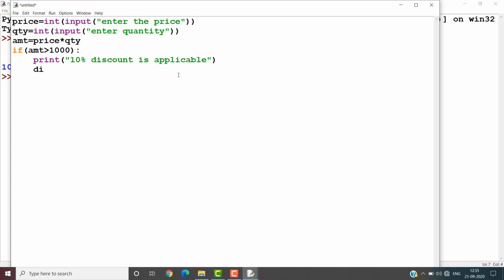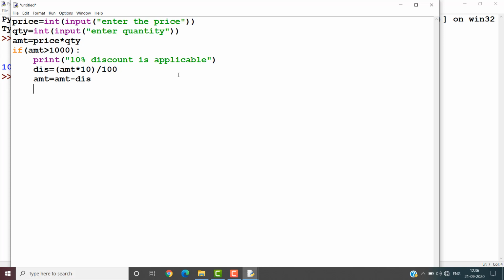So you have to calculate the discount here. So discount is equal to amount star 10 divided by 100. Yes, you have calculated the discount here. So you are giving 10% discount. So what is the amount now? Amount is equal to amount minus discount.